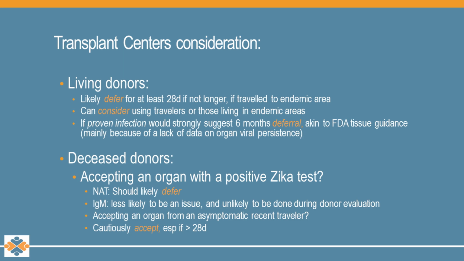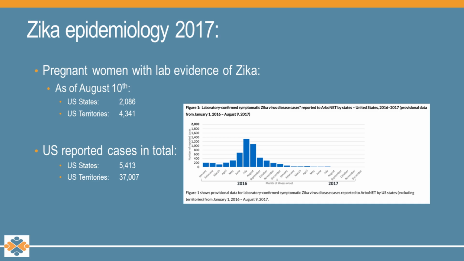And deceased donors, exactly the same. If you know that they're NAT positive, i.e. they're freshly infected, that's probably not a donation you should take, but otherwise we could usually move forward. The impressive part actually is that somehow this year Zika has not reappeared, and that's different than what was seen elsewhere, because other countries only clear their Zika once they become immune as a community, and certainly there's not been enough infections in the United States for that to occur yet. But perhaps our public health management so far has actually done better than we anticipated.